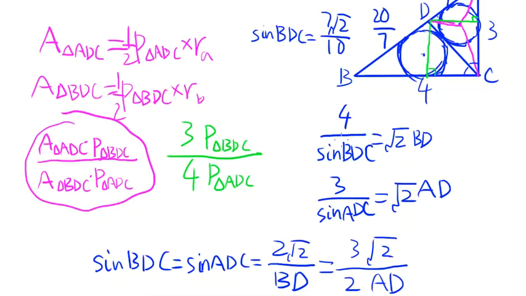And so this 4 divided by sine BDC thing would also equal this angle, this side,